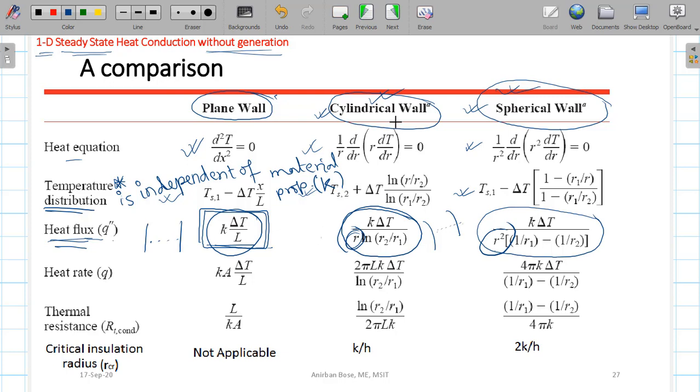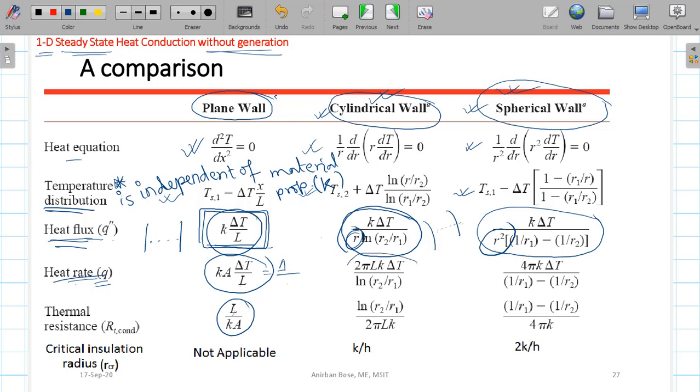Remember, in case of cylindrical and spherical, heat flux is not constant. Rate of heat transfer. See, the expression of rate of heat transfer we have defined, because it is the expression from where we actually derive the thermal resistances, and that is why this is so important. So delta T by anything is basically the resistance. Here, you can see the resistance is delta T by L by Ka. So that is the resistance, you can see.